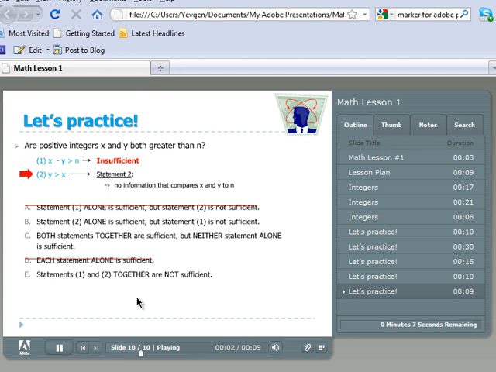Statement 2 gives no information which would allow us to compare x or y to n. All it says is that y is greater than x,